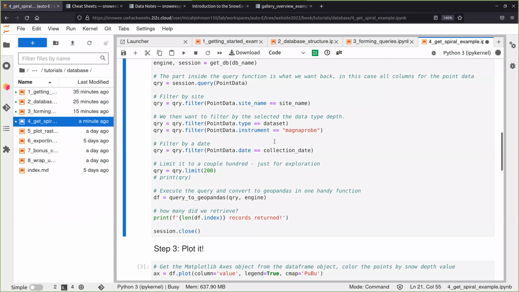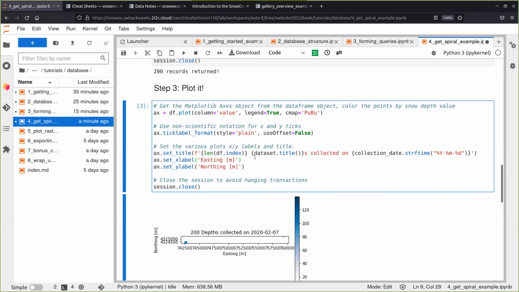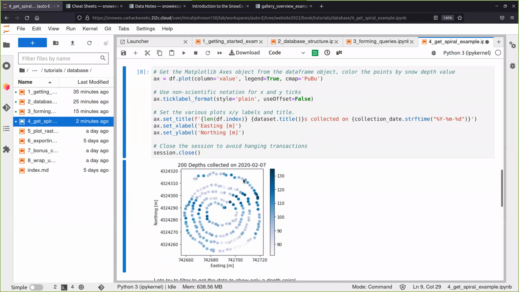Spell everything right. Let's see, we still get 200 records because I limited that, and okay, so that looks a little bit nicer. Looks a little bit more like what we expect. We're now filtered down to pretty much one depth spiral, at least 200 points out of that spiral in Grand Mesa on February